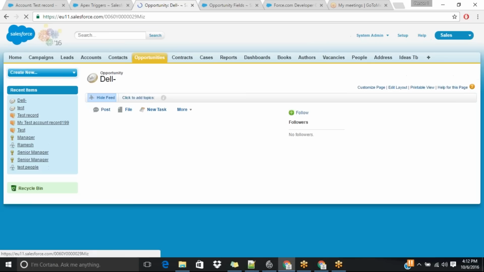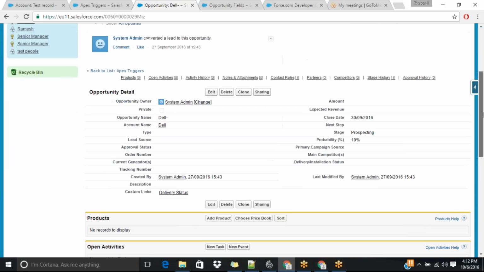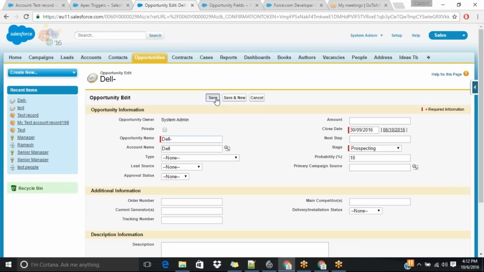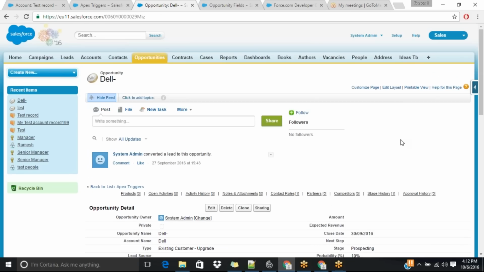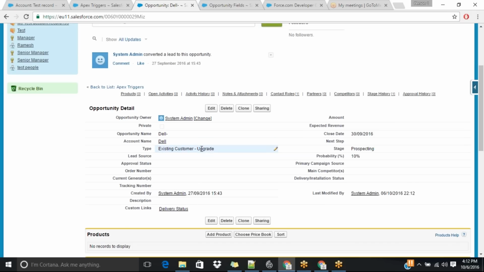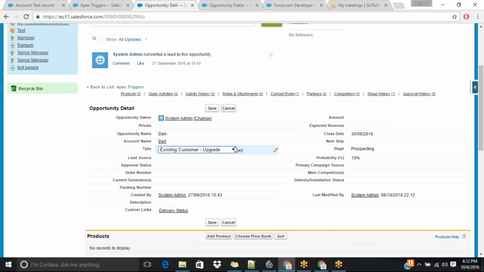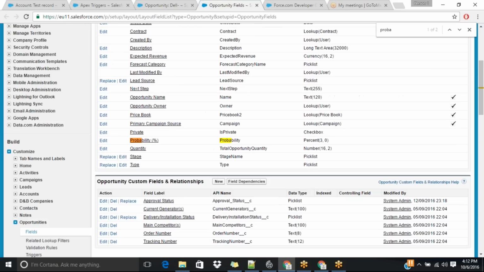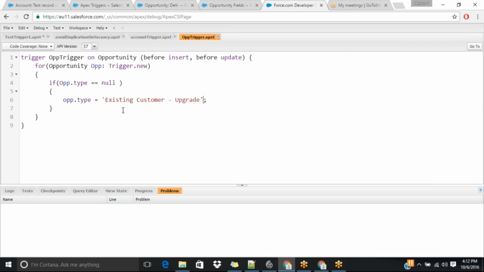Go to this record. There is no type here. Edit this and save this. See, existing customer upgrade. What are the other values? There is new customer. I want to change. If there is nothing in the type, then that should be new customer. Control save